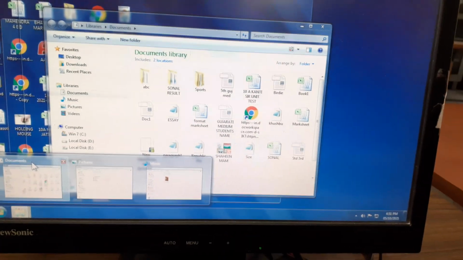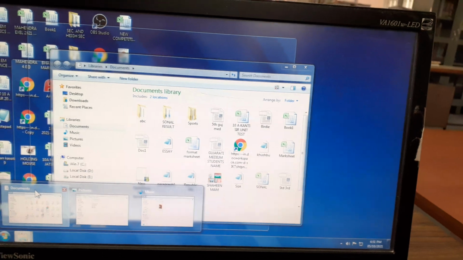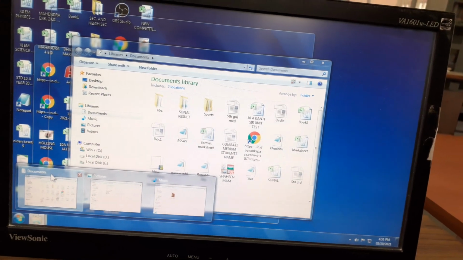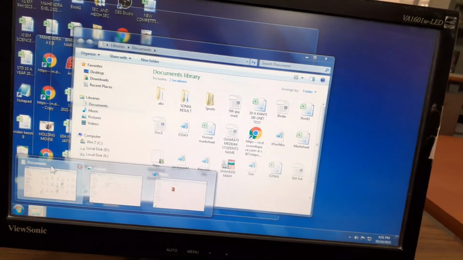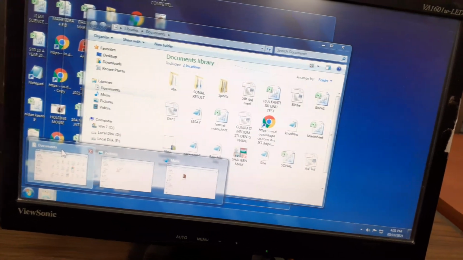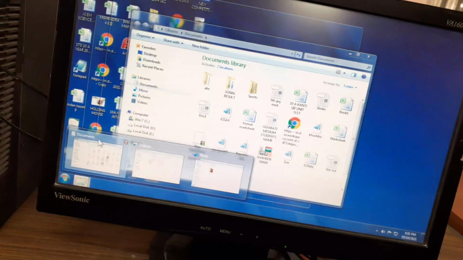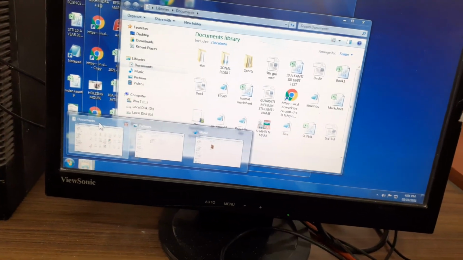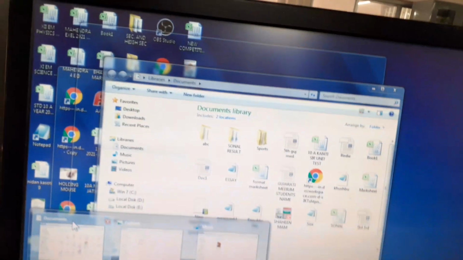Now children, we will see the next topic, that is minimize, restore down, maximize and close a window. First, there are three open windows on the desktop that we can see.